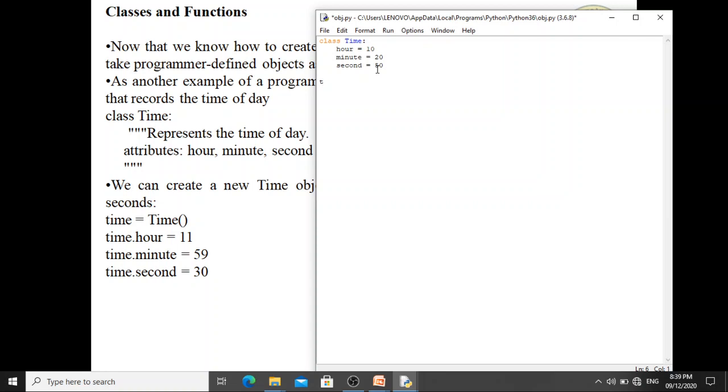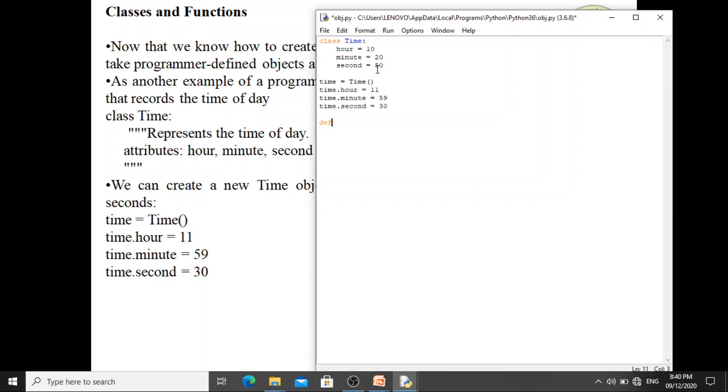Let's create one object, time equals Time, and now we'll assign time dot hour equals 11, time dot minute equals 59, and then time dot second equals 30.